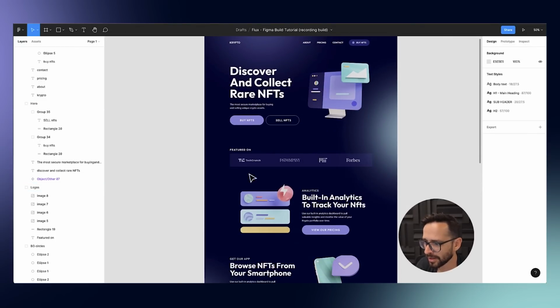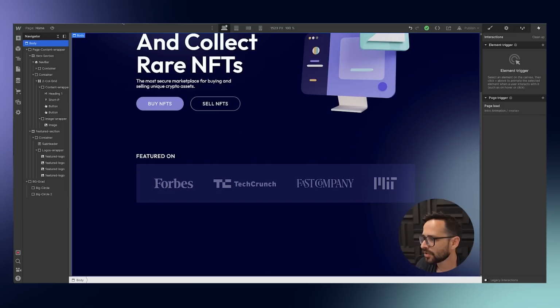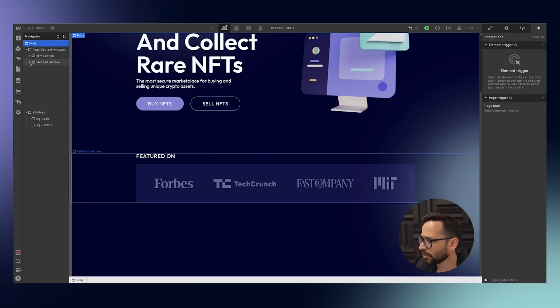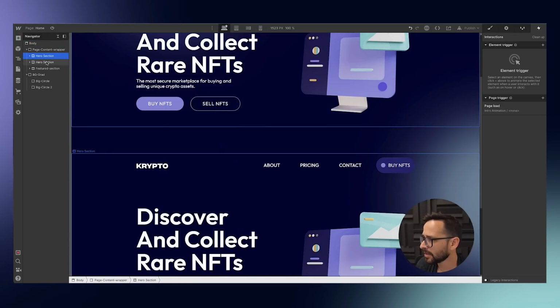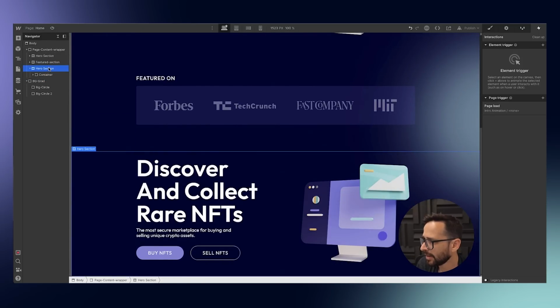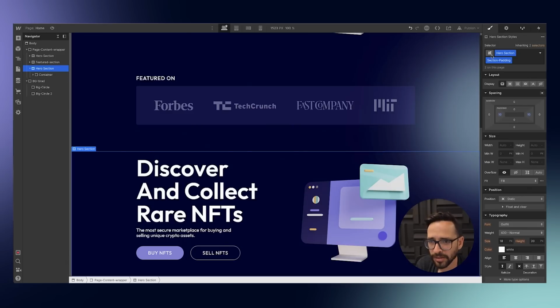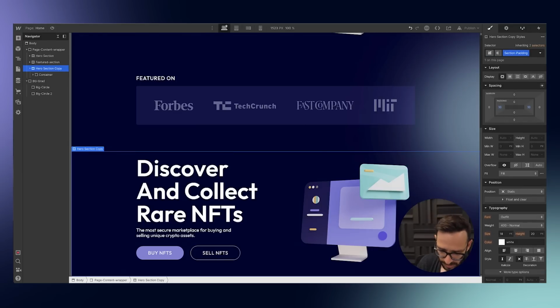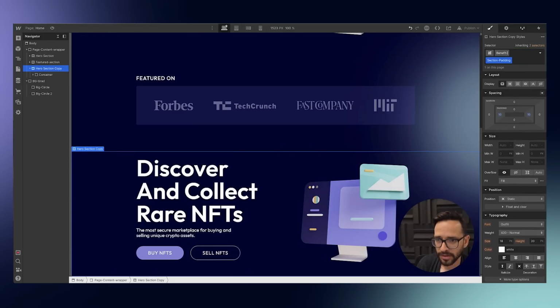Why? Because these are 2 columns and they actually look not very far from what we have here. So I'm just going to, you know what? I'm just going to go ahead and duplicate it. So we have the hero section. Let me go ahead and duplicate the hero section, copy and paste. Now we don't need the navigation again. That's obvious. I'm going to delete that. Let's change the name here. From hero section, let's duplicate this and call this benefit section,